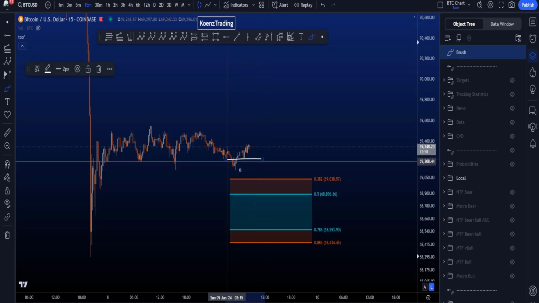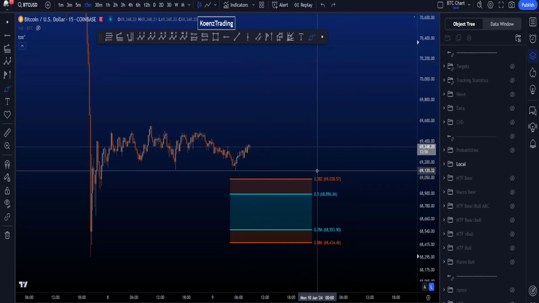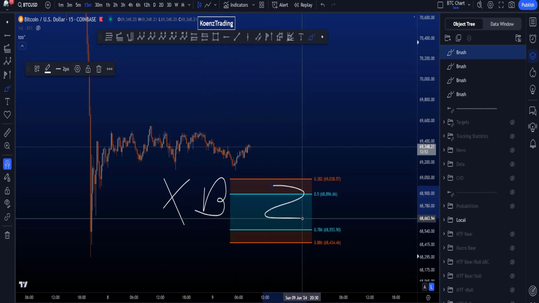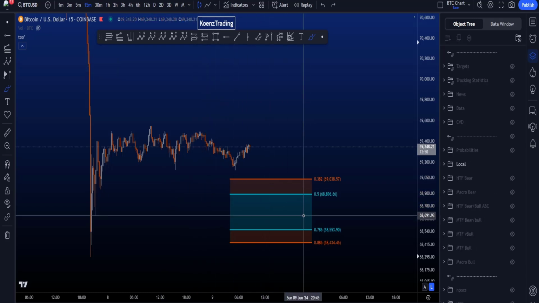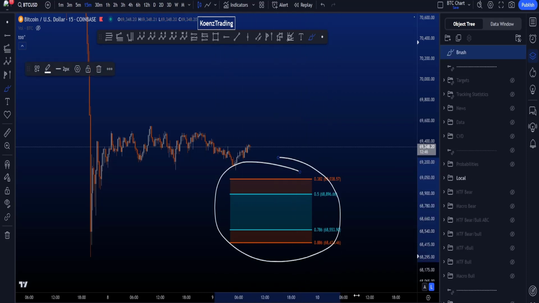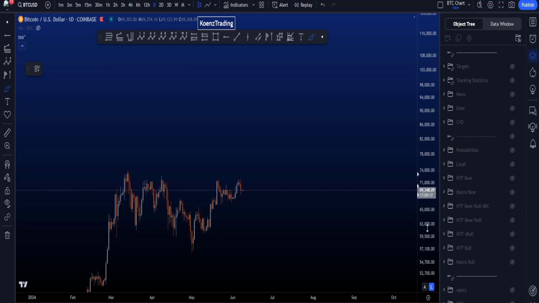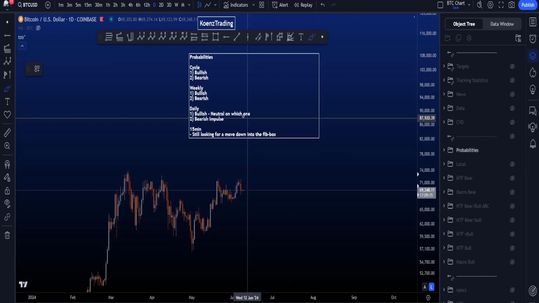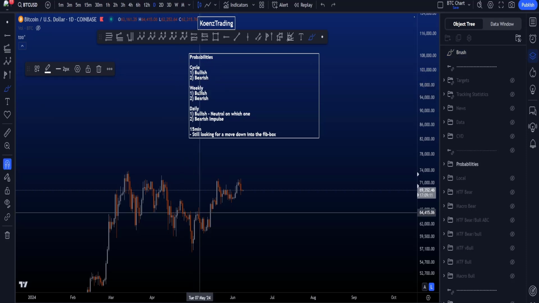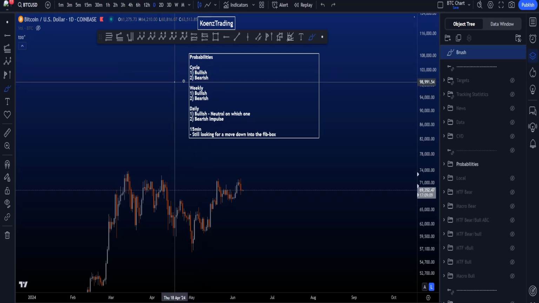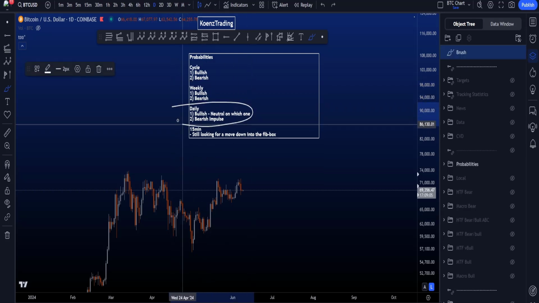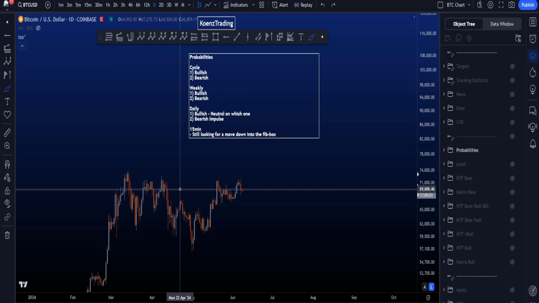Retracing to a 0.236 or not at least hitting the 0.382 is rare for a wave X, for a wave B, for a wave 2. So therefore the probabilities locally would be higher to still retrace inside this target box over here, this area. And if we then finally look at the probabilities of the different scenarios, on the cycle and monthly chart, the probabilities are higher for the bullish scenarios compared to the bearish one, and the same is true on the weekly time frame. On the daily time frame, the probabilities are higher for bullish scenarios, a continuation of the trend,